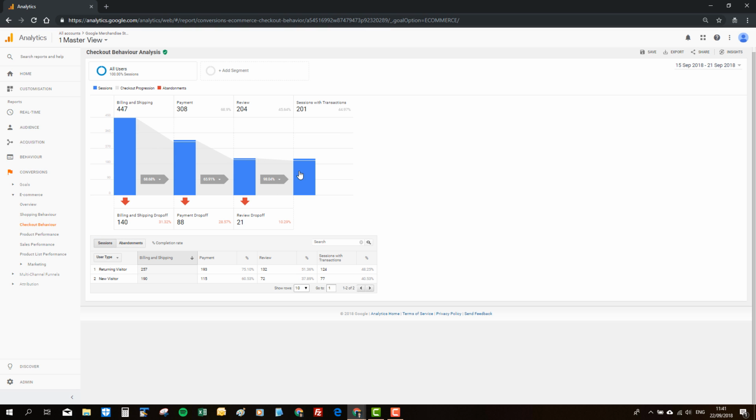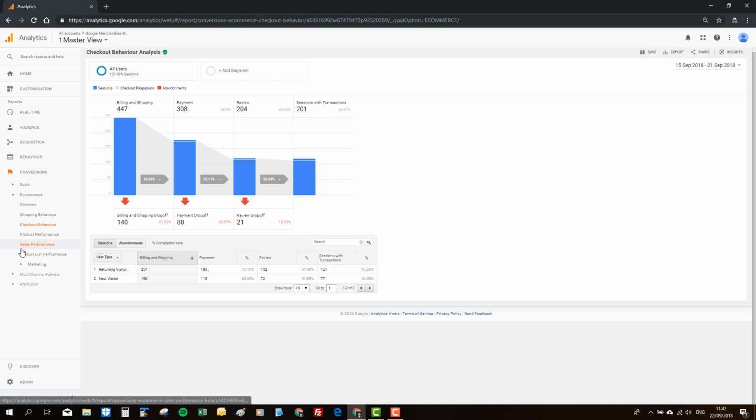Again, it's another way of viewing the funnel that we have set up. It's another way to understand the traffic versus the funnel in terms of things like our new versus returning visitors. So returning visitors do have a far higher likelihood of a transaction at 48% versus new visitors, a little bit lower there. This allows us to understand the value of returning visitors. If we can understand what drives more returning visitors, we can increase the percentage likelihood of a conversion based on